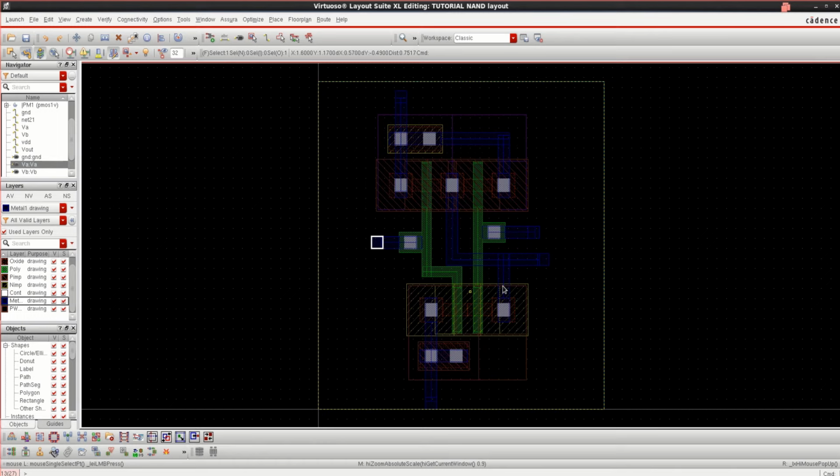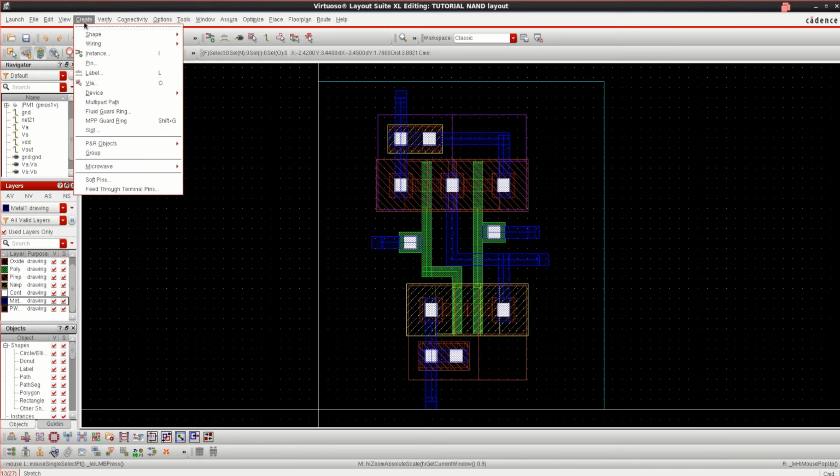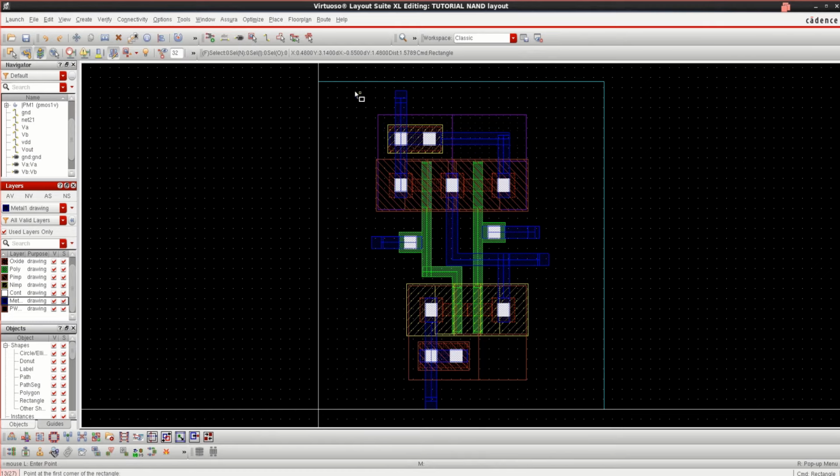Now I have completed the layout. If you want, you can draw the metal rails here also. Use this, go to the create option, shape, and you can go for rectangle. So if you want, you can have the metal railings.